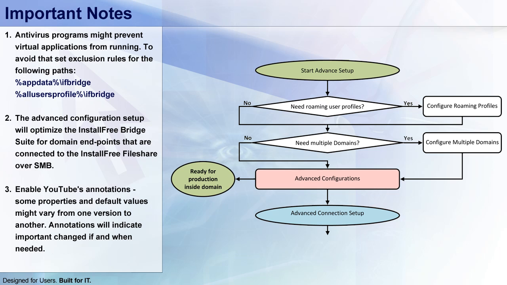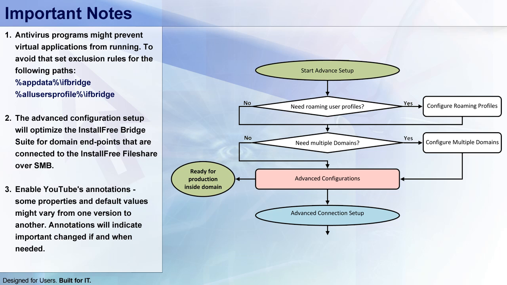A few things to note before we start. First and foremost, antivirus programs might prevent virtual applications from running. To overcome this, we recommend setting exclusion rules for these following paths: the appdata/ifbridge and the allusersprofile/ifbridge. And another important reminder, in the advanced configuration setup, we are going to configure the InstallFree Bridge suite for